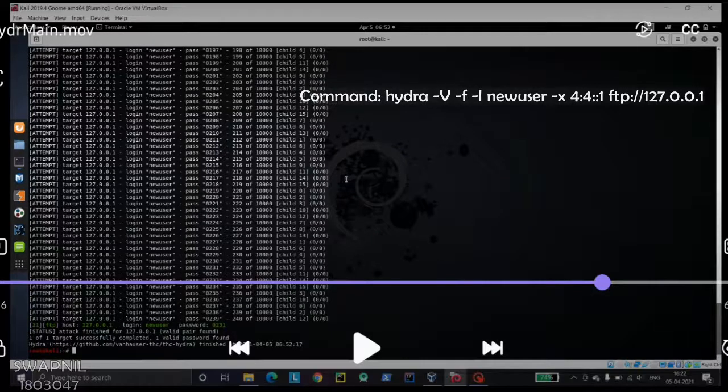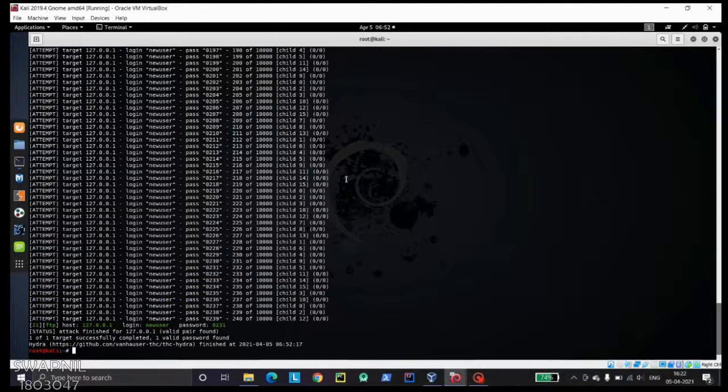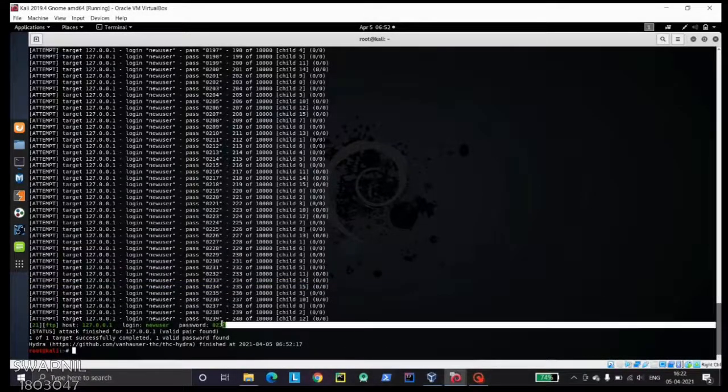Now here we can see that the Hydra has successfully found the password with the username newuser and password as 0231. Now in order to validate it, we'll try to log in with the particular credentials.